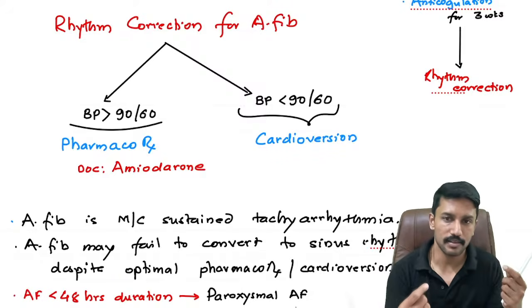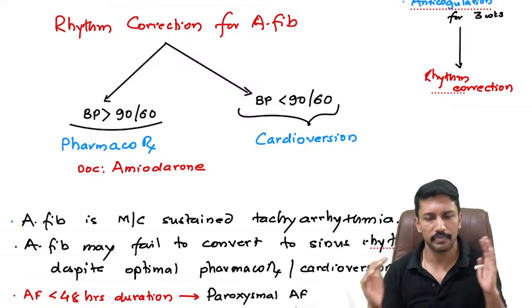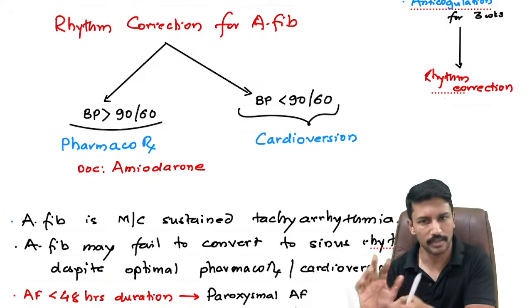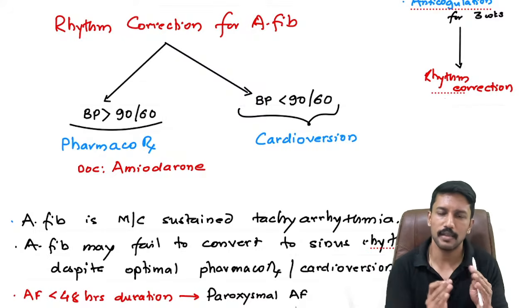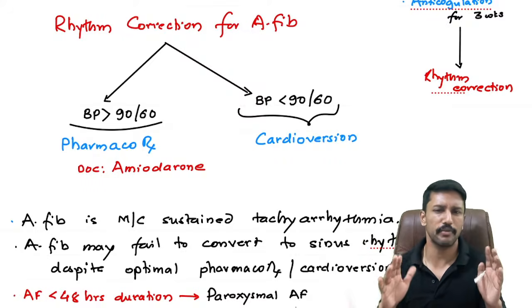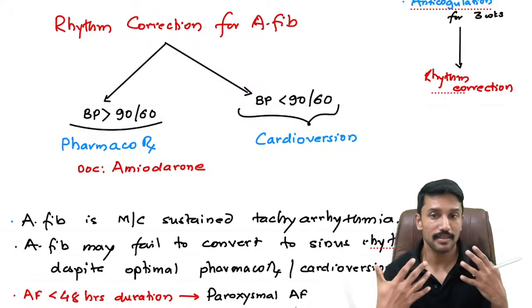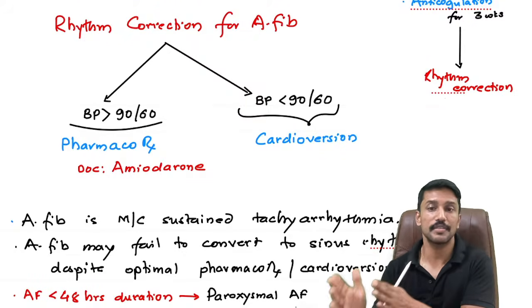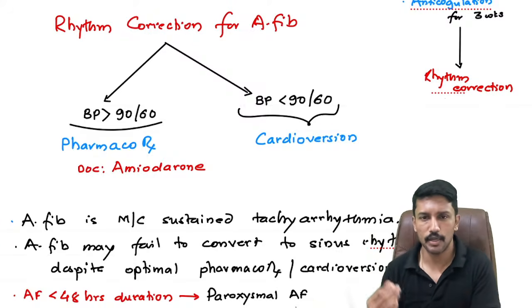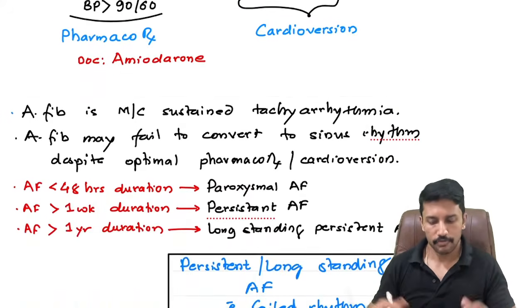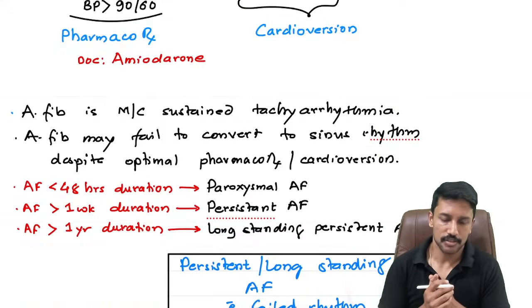Now, how will I correct the rhythm? It depends on the BP. If it is low BP, it's always shock, that is cardioversion. If BP is fine, I can use anti-arrhythmic drugs. Currently, we prefer using amiodarone. Now, when I try to convert the rhythm to sinus, I may not be able to achieve it in all cases. So when I fail to achieve it, I have to redesign my strategies,